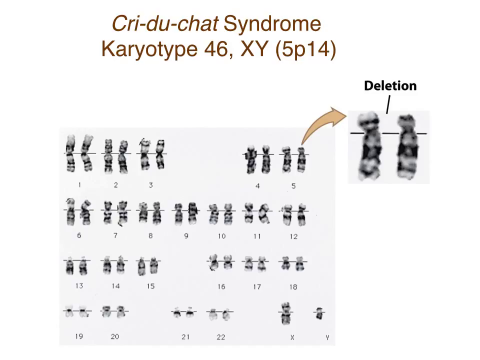Okay, so we do have human conditions where we have deletions in the small arm of the fifth chromosome, number 5. Remember this nomenclature: chromosome number, arm petite or small arm, at band 14. We call this the Cri-du-Chat syndrome, or the cry of the cat in French syndrome, because individuals with this may make these kinds of meowing sounds, and it is a result of a deletion of part of the number 5 chromosome.